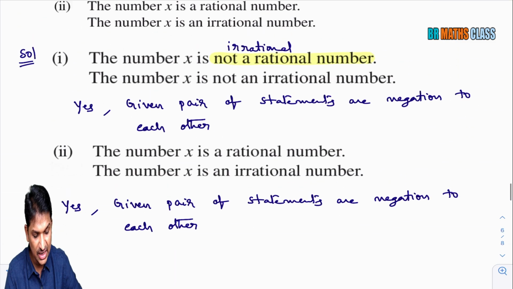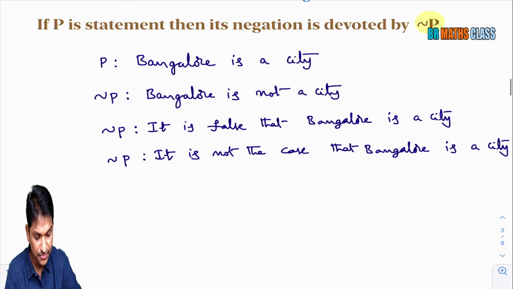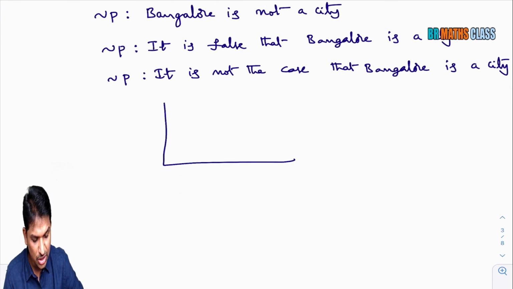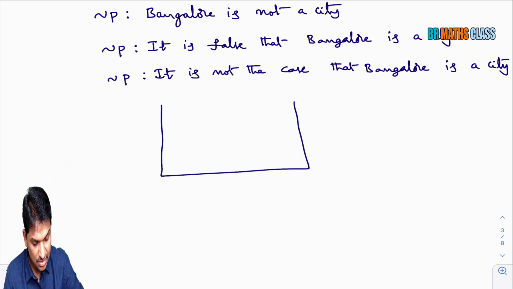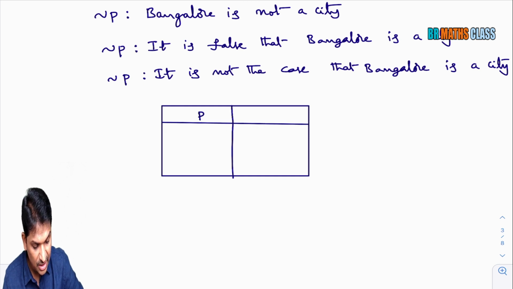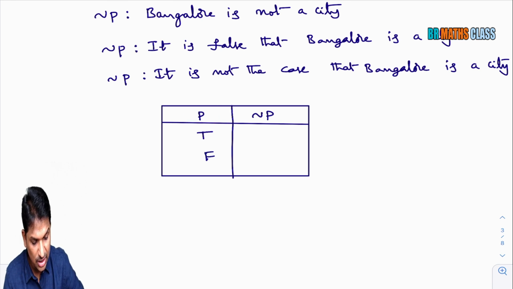I just want to quickly explain this. Negation of a statement, I had just forgotten here. Negation of a statement, compound statement. If I draw the truth table for negation of a statement, it will be like this. This is P, negation of P. If I take any one statement, the possible cases are either it will be true or false.